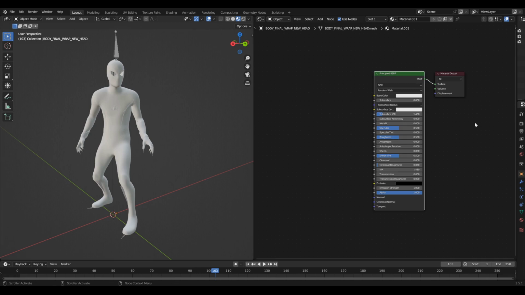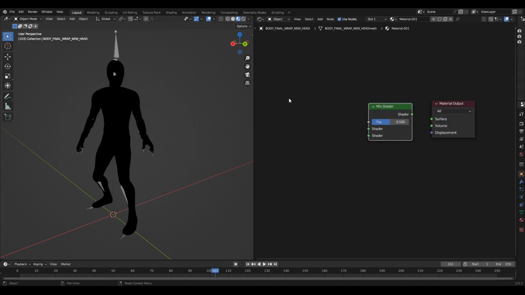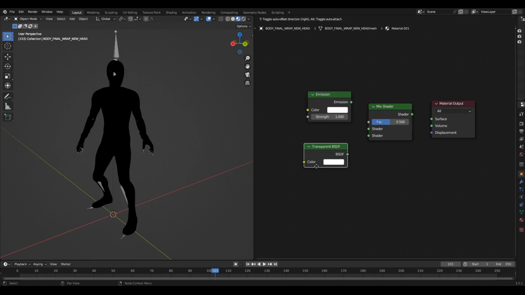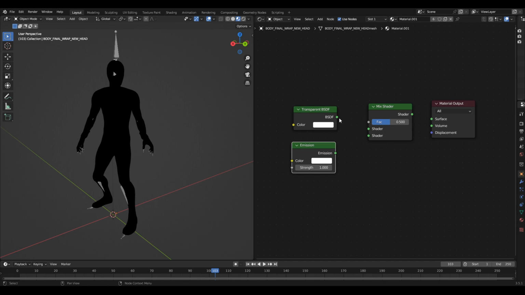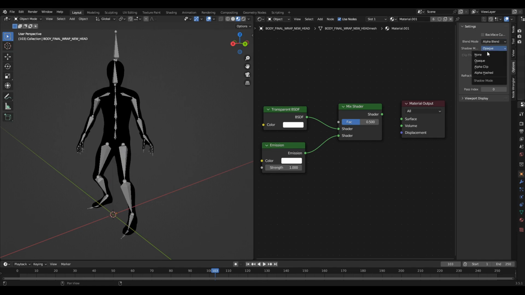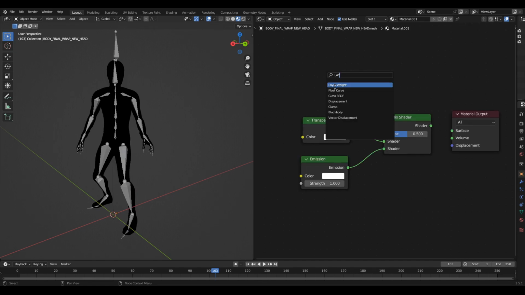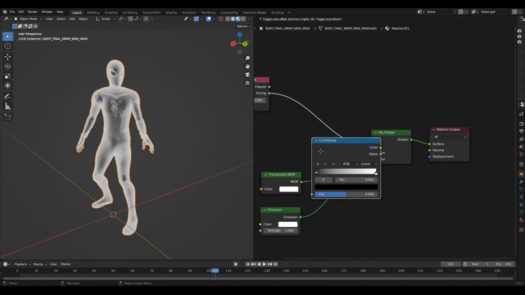Go to shader editor, add a new shader, delete the principled shader, add a mix shader, add an emission and a transparent shader. Connect the transparent and emission to the mix shader, go to options, change blend mode to alpha blend and shadow mode to none, add a layer weight node, connect the facing to factor, connect the mix shader to the surface,